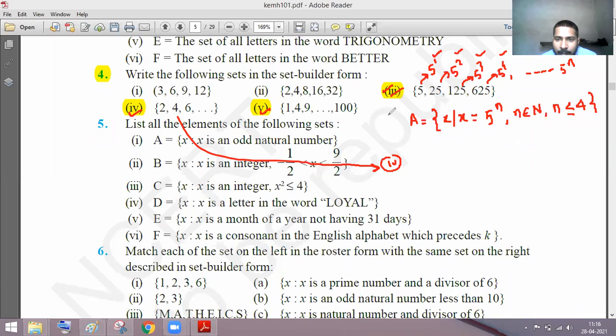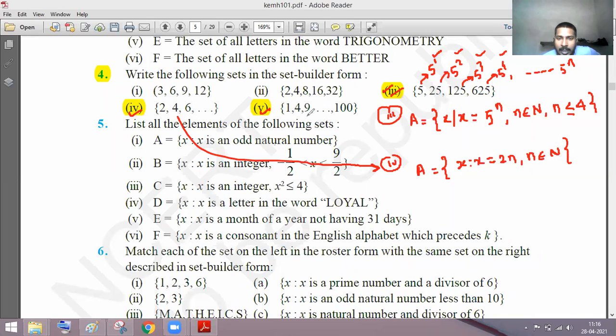Now Siddharth, tell me the answer for this question number 4. A equal to curly bracket x such that x is equal to 2n, n belongs to natural number. Here we don't have to put a restriction on n. Why? Because it is an infinite set. You can take n as anything, because the dot dot dot means you can take any value of n there. But that n should belong to the natural number.